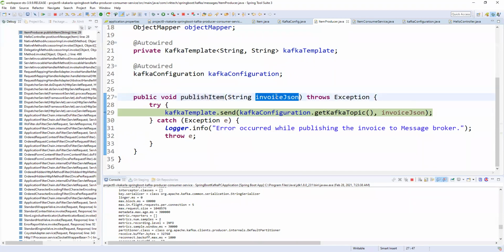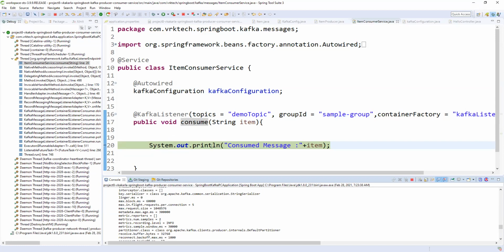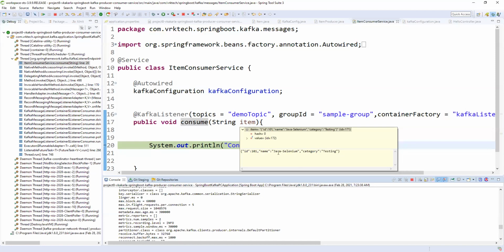So we are getting some invoice or some related information. You can mention anything here, a string variable. So now the Kafka template sends it to the Kafka topic, to this particular topic. It is my source, so it will automatically send. Whenever we are sending, you see the flow is coming automatically. The listener is automatically taking that message. So whatever data we are publishing, it is automatically taken by the listener, the consumer.